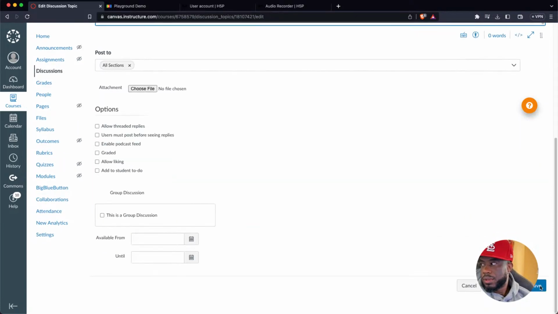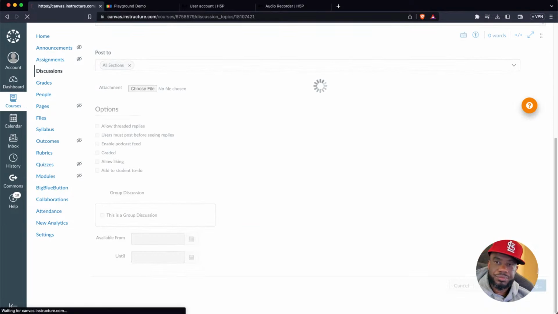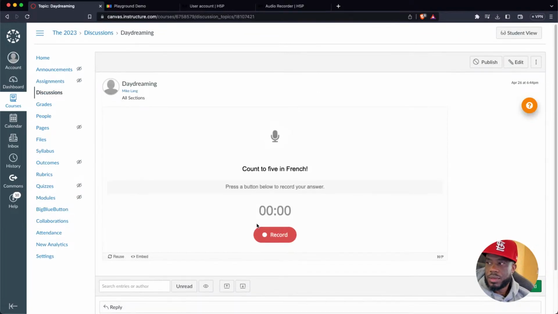I don't care about that right now. That save button. There we go. They can record directly inside here now. Super cool, right? Now, is it going to allow you to grade things or not? Absolutely not. But could a kid bring their Chromebook to you and play the recording? Yes.